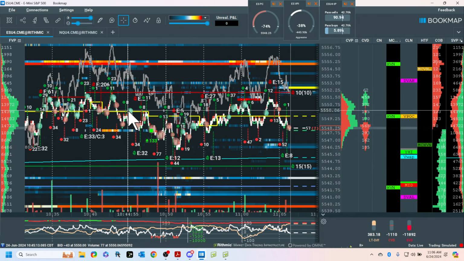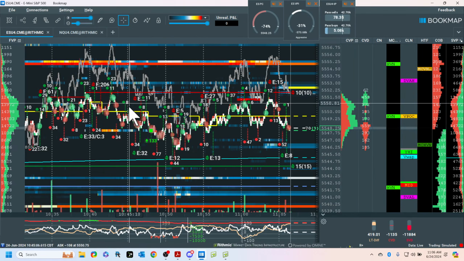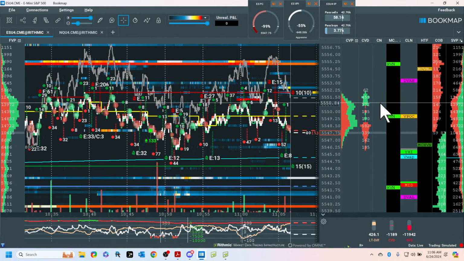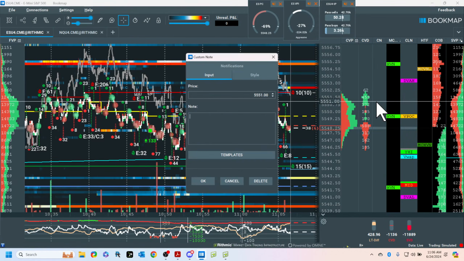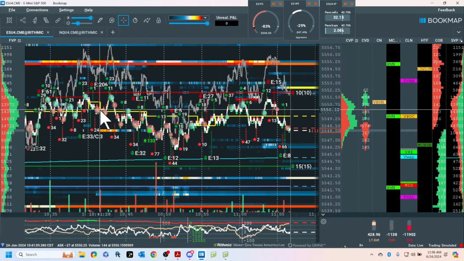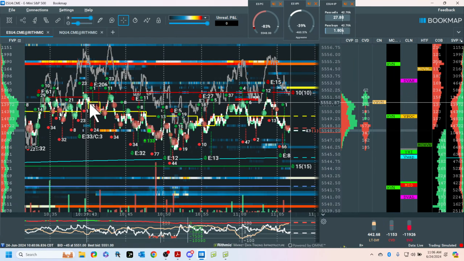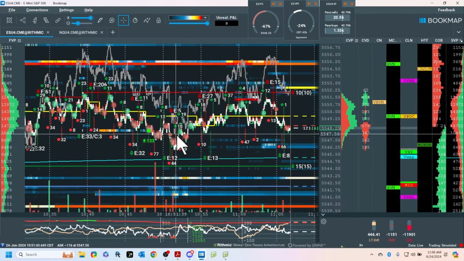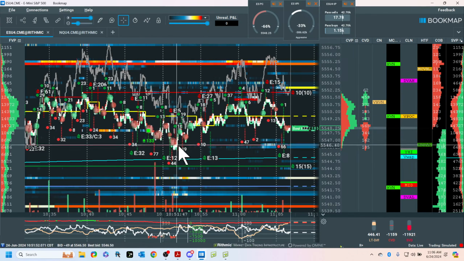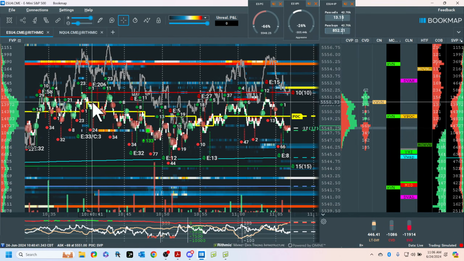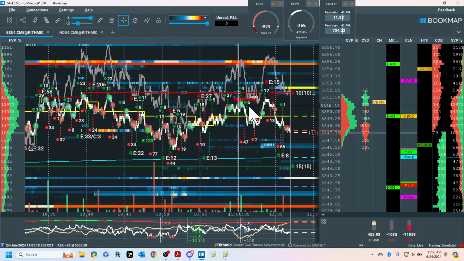So you would know how you would manage this. By the way, let me put this in here. Variable high volume node. I call these high volume areas shopping experiences. If it's too high, what'll happen is the market will not pay the price. I'm not paying that. And they leave. And to give you an idea, if I cross above, where is resistance? Look to the right. It's there.